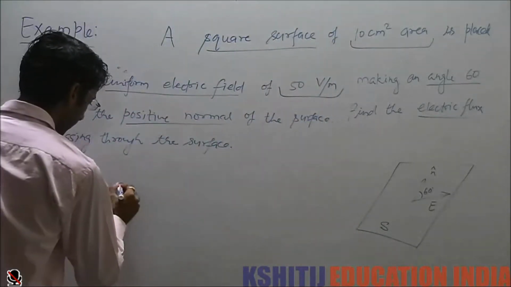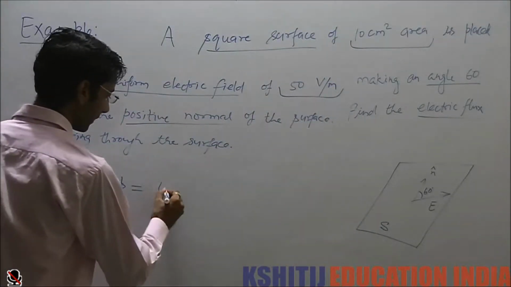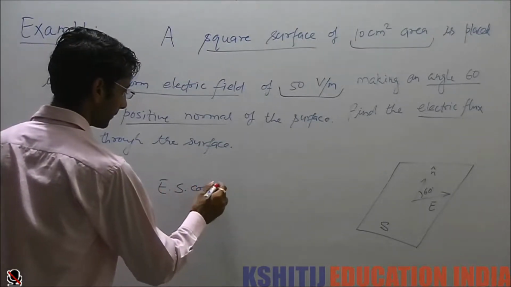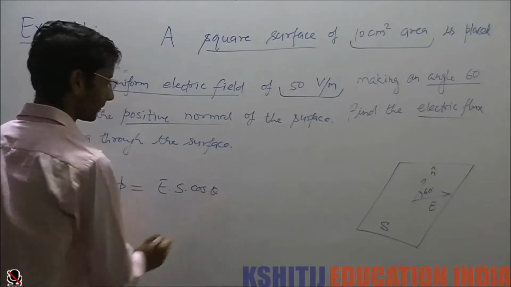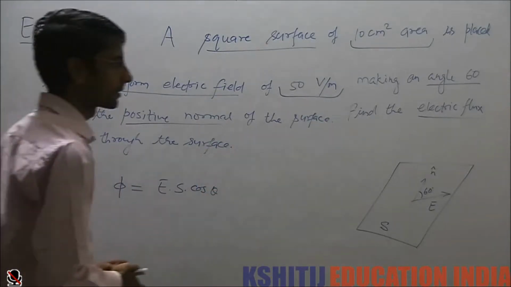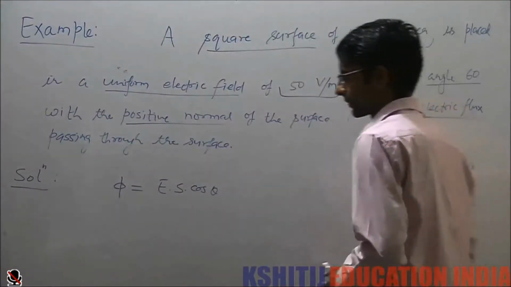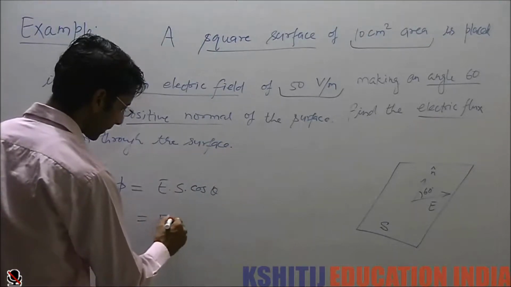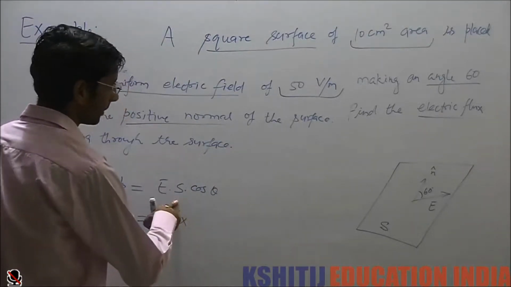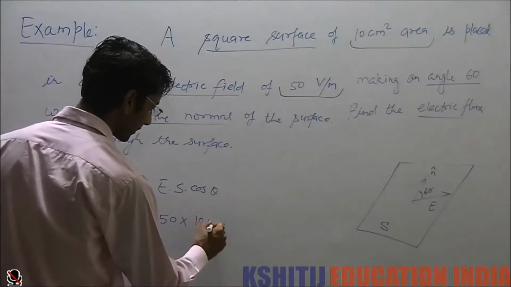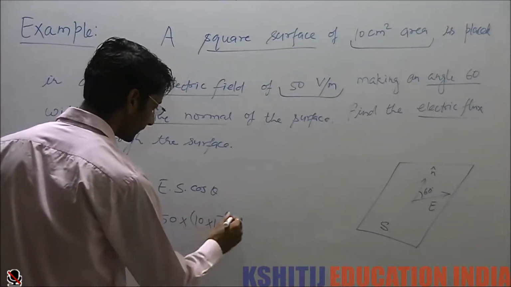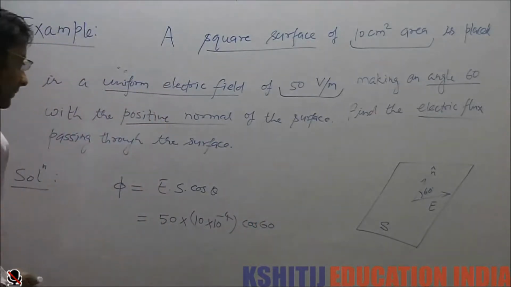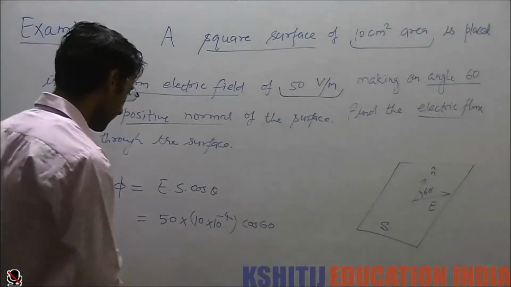So the flux passing through this will be nothing but E into S into cos theta. This will be the total flux passing through the surface. Putting in the values, E is 50 volt per meter, so it's in SI units. S is 10 centimeters squared, so we need to convert it to meters squared. And cos 60. Oh, this cos 60 is half, so this will turn out to be